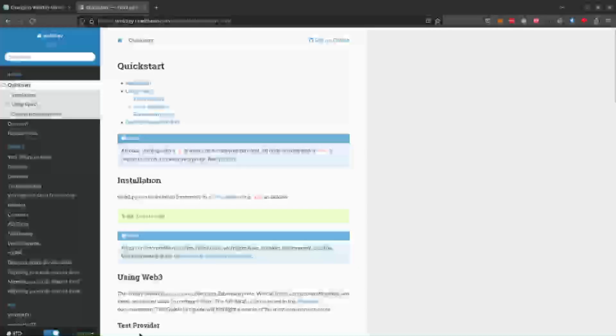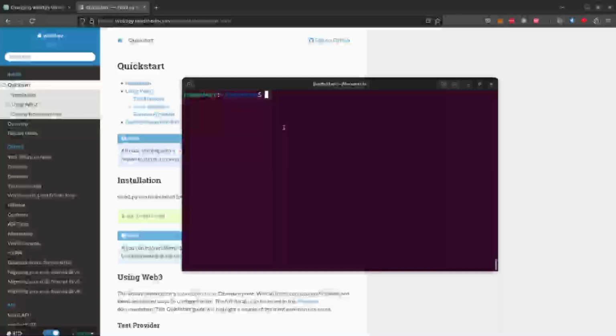So I open up my terminal, and I'm using Linux here, but it should work the same way on Mac and Windows. I have my project folder here. In this folder I want to create my project for this video, so I call this mkdir change web3. I cd into this directory,